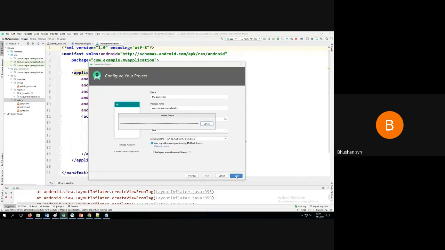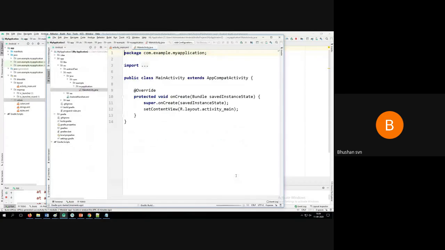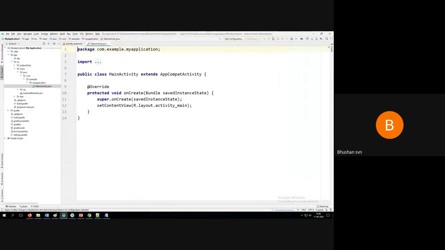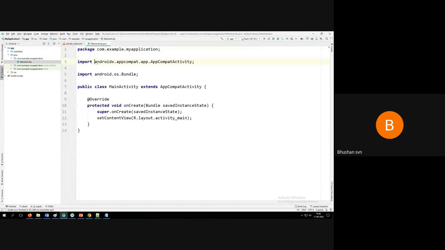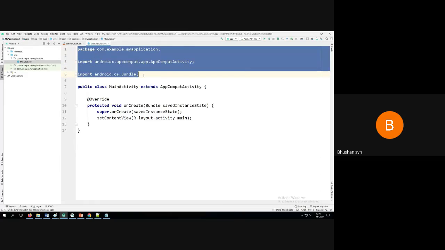You can see it is taking some time to load the project. This is the default page you are going to get. Here you can see this part of the code will be common by default.